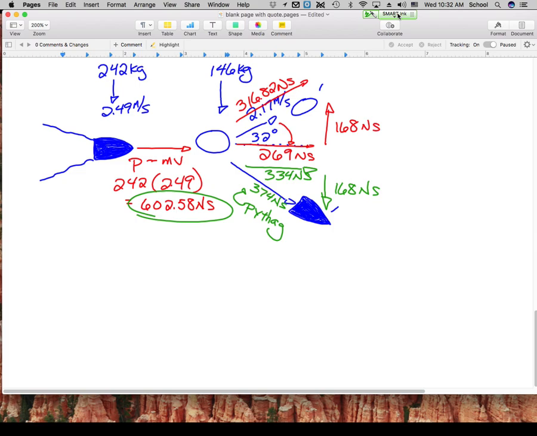Now, if I want to know how fast the boat is traveling, the numbers that are on the triangle are all what kind of numbers? Momentum numbers. So again, P equals MV. So if I'm looking for V, the M needs to come down. So we're going to have the 374, and we're going to divide it by what M? The boat. The boat mass, which is